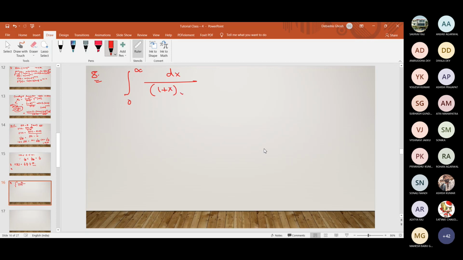Root x. That is the integration. This we can write down in the form of integration 0 to infinity, x to the power minus half dx, over 1 plus x. That we can write down in the form of the beta function, such as integration 0 to infinity,